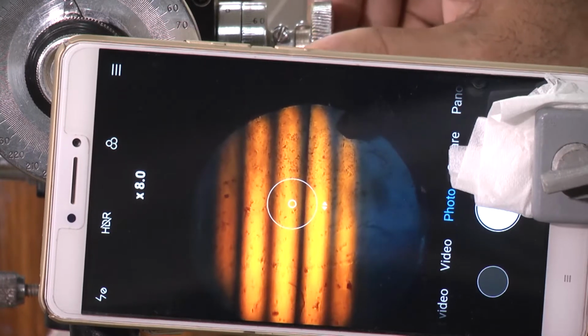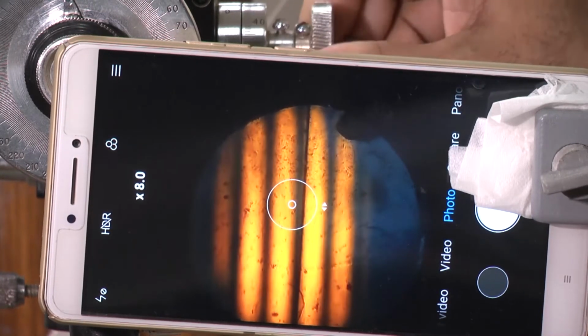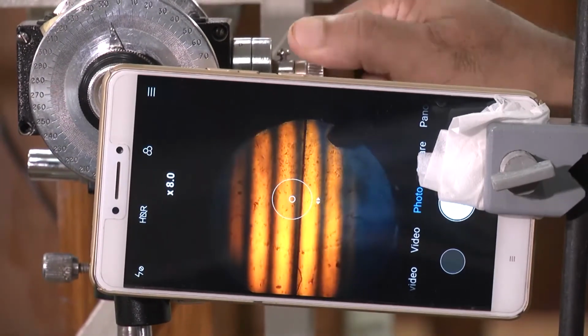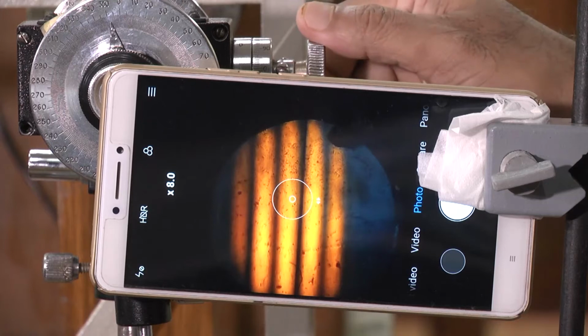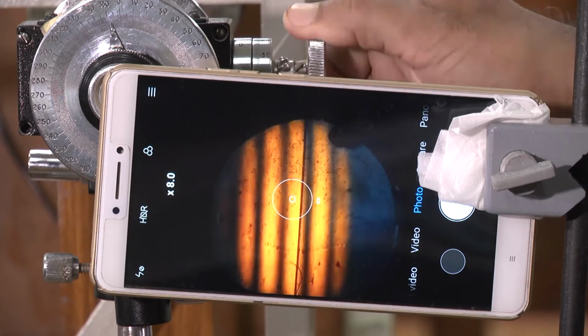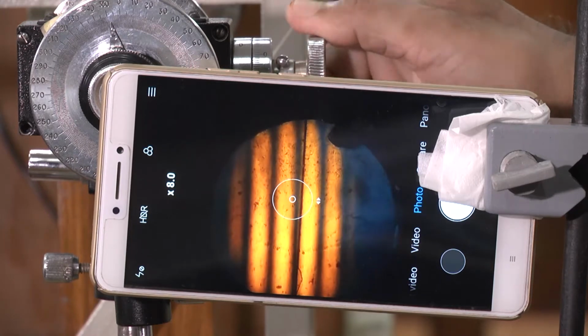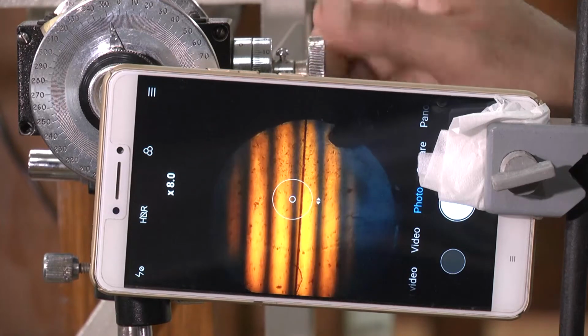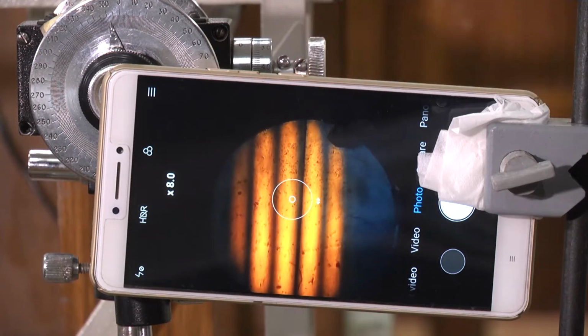This is the first one, then I go to the second dark fringe, take the reading, then the third fringe, take the reading, then the fourth fringe, take the reading. This way you take readings of, say, 8 fringes.